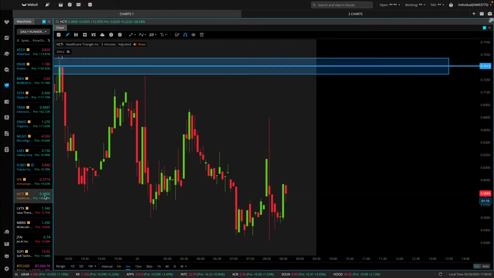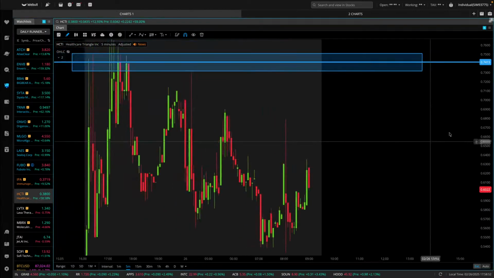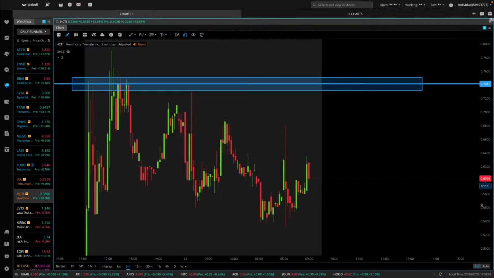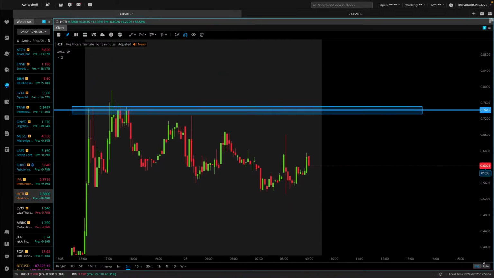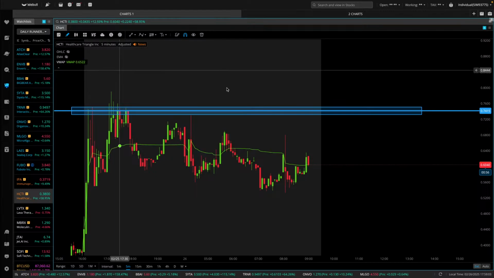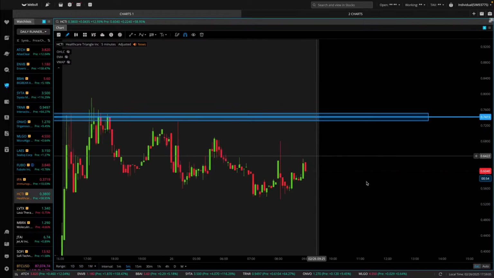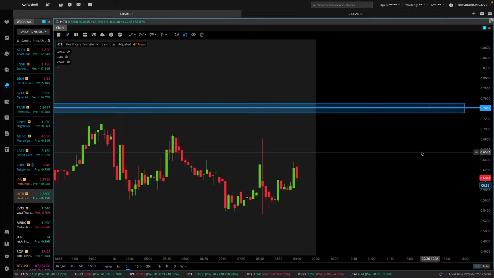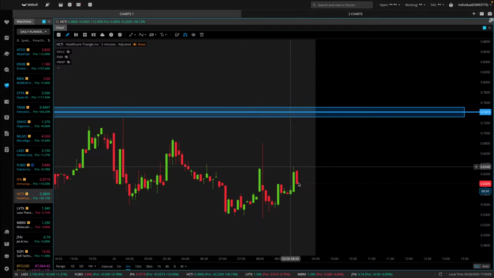Right. Going to go through a couple of these and then we will see. HCTI is definitely one to watch today. Above 0.7415. Is this reclaiming VWAP? Yep, it has reclaimed VWAP. So Discord members, you can use the candlestick strategy on this one. Yeah, just watch this one here.